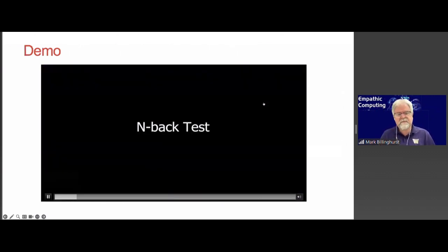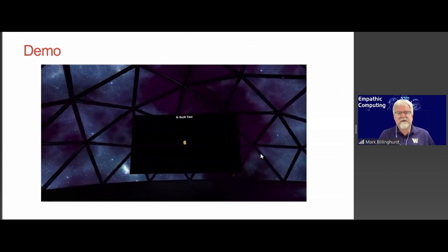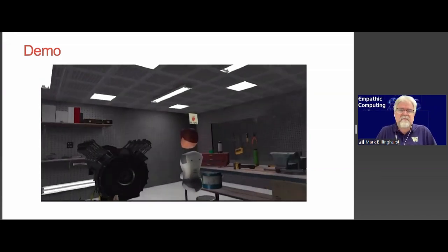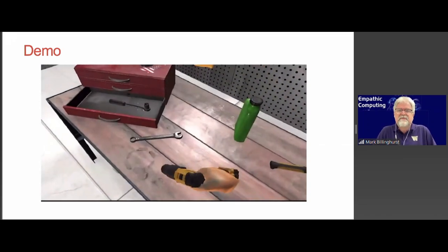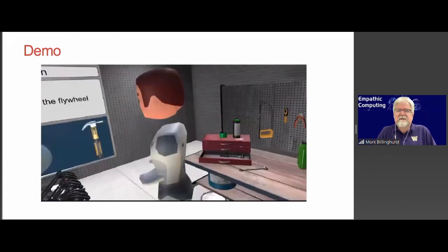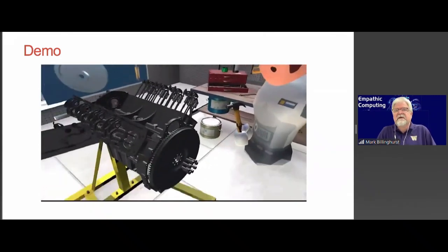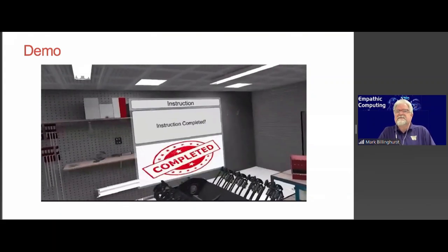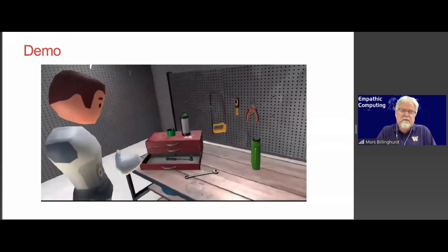First of all, we had to measure people's default cognitive load, and we used an N-back task. We had to remember numbers to measure their cognitive capacity. And then this is the virtual environment, and you can see the person's icon there. Then on top of their head, you can see this little brain appears that changes color depending on their cognitive load. So the brain right now, you'll see in a second, is red, and so that means it's a very high cognitive load. Now it's yellow, meaning normal cognitive load. And then there's also indicators of attention and heart rate as well.